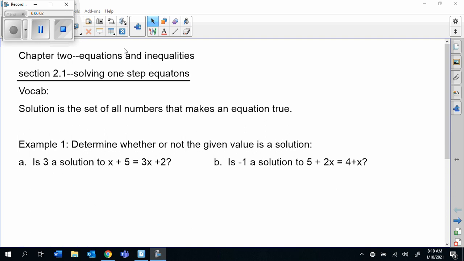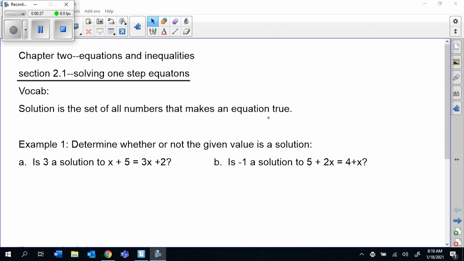Welcome to chapter 2. This chapter is going to have us solving equations and inequalities. We're going to look at a few select application problems as well. And when we solve equations, we end up with something known as a solution. And a solution is the set of all numbers. So sometimes it's just a single number, but other times it's an entire group of numbers that makes an equation